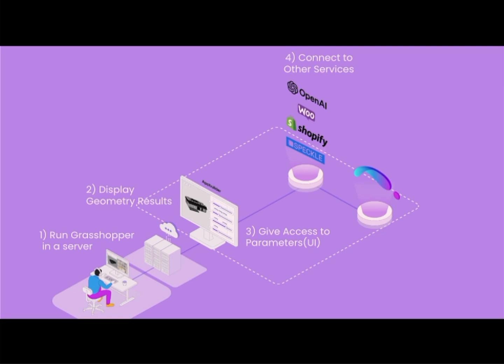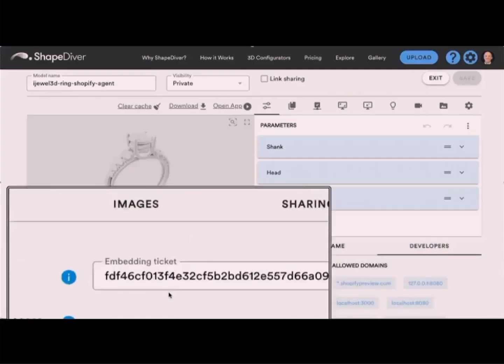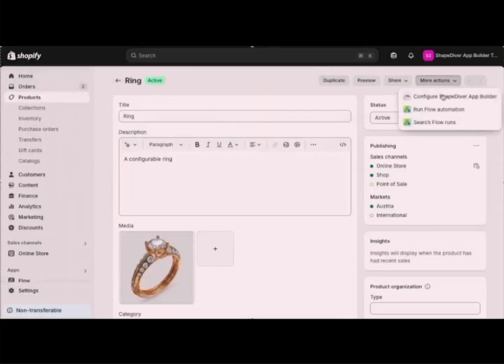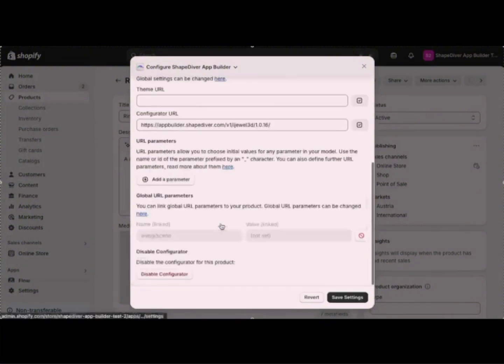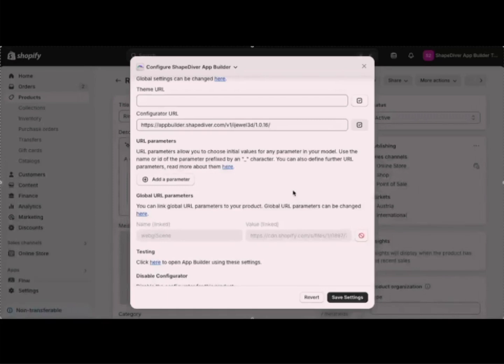Or what if you are in the AEC industry, then well, many of you may know Speckle, where from ShapeDiver you can push information into Speckle, and then from Speckle push it to Revit or push it to Tekla or any other of these AEC software, or even an integration with OpenAI, so you can start using some artificial intelligence with your models. How do we use it? So here I have a video where you are creating the UI and everything in Grasshopper. Then you have this ring that you then connect with just an ID to our Shopify plugin, and then here we're already in Shopify.